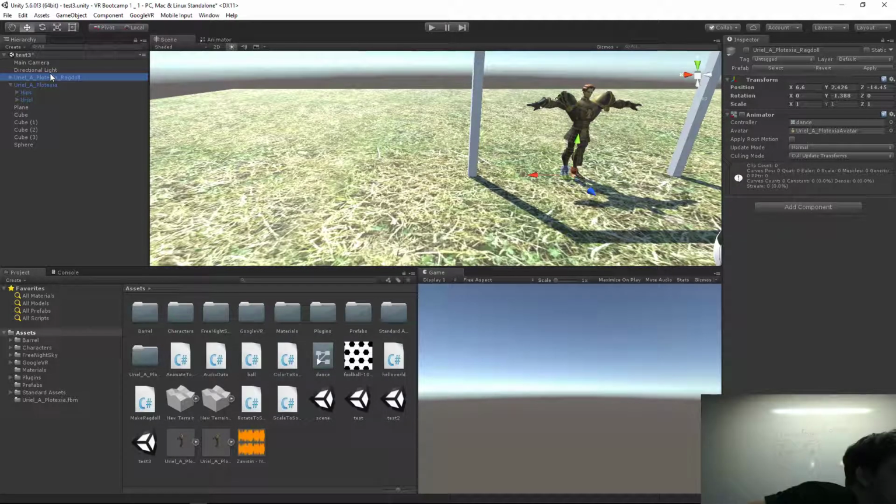Hope you didn't resize the character. Oh, I resized it. Okay, so if you did, and you want to make the ragdoll the same size, you can do the same thing: pull it in again, make the size all one there, and pull it out in the same place. And now if you press play,